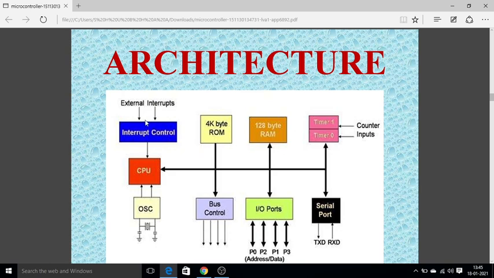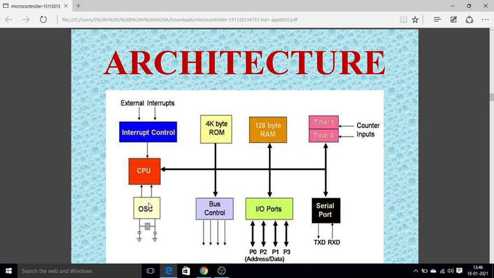computer on a chip. These are the external interrupts, interrupt 0 and interrupt 1, and based on the interrupt control block, one particular interrupt signal will be served at once and given to the processor, the CPU. And there is the crystal oscillator, whose oscillation frequency is decided by these two capacitors. The two capacitors and the crystal oscillator generate the required frequency for this processor,